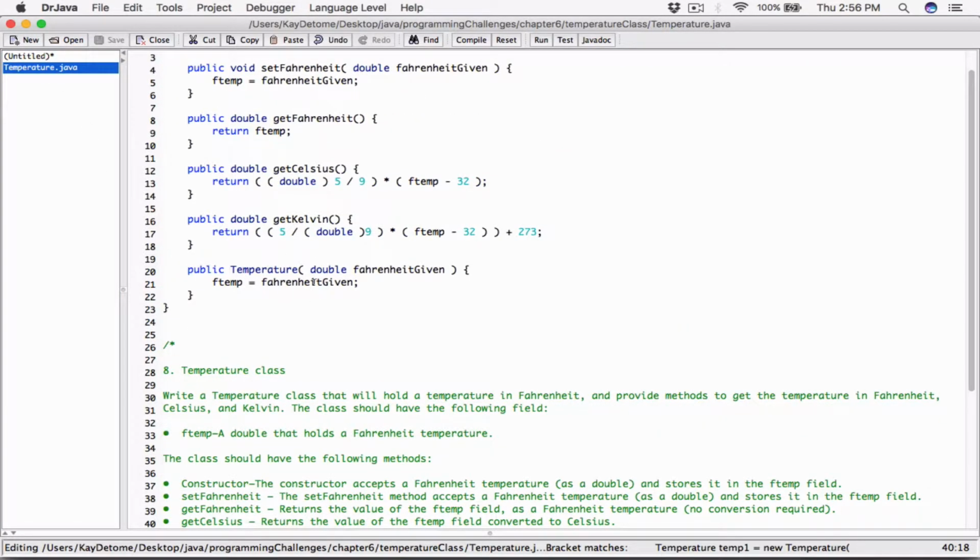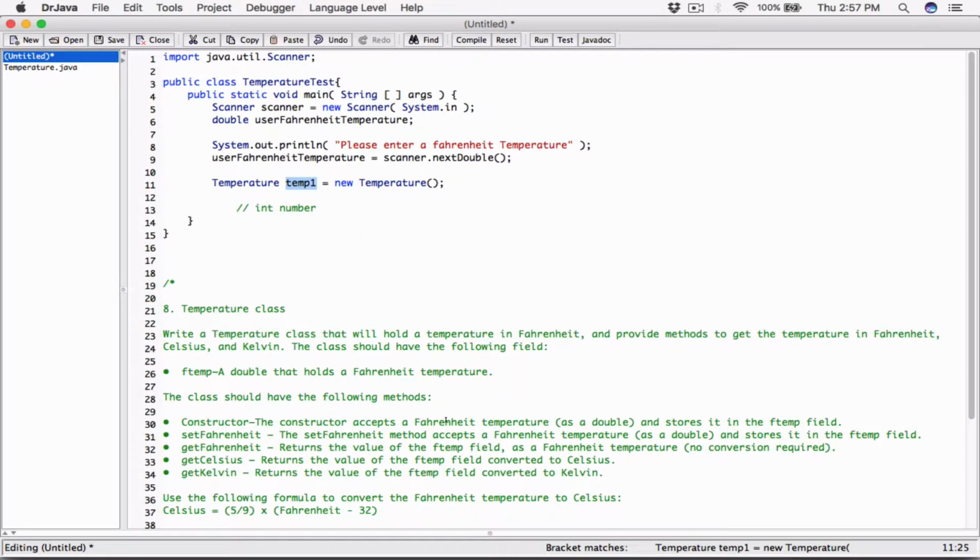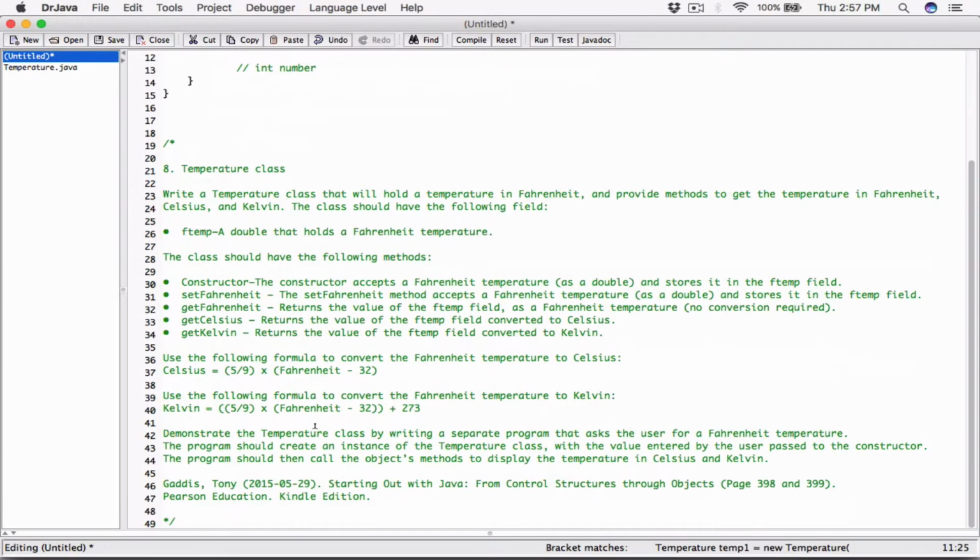But using the constructor, sorry, we said that anytime you call the constructor, you have to go ahead and pass in the Fahrenheit given. You have to basically pass in a Fahrenheit temperature. And the question over here said that